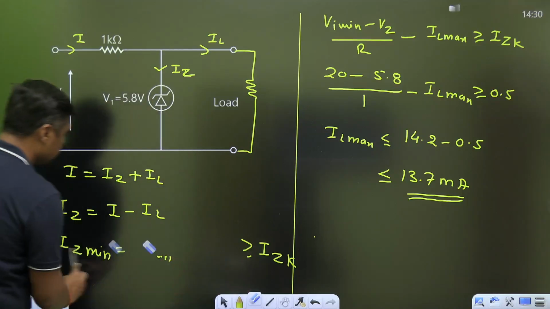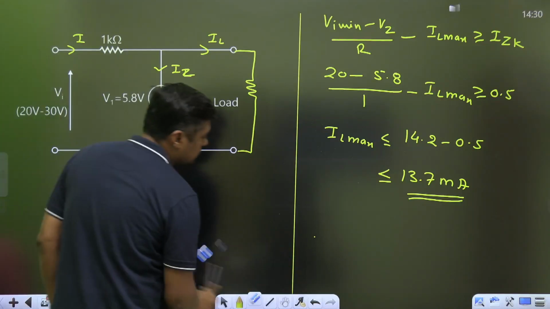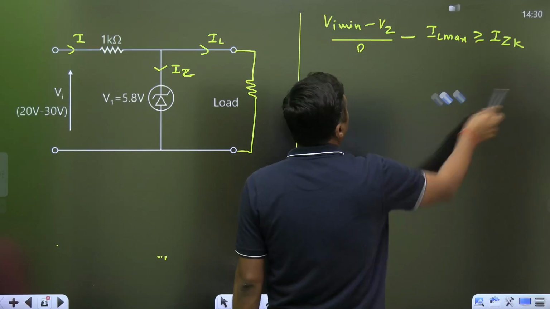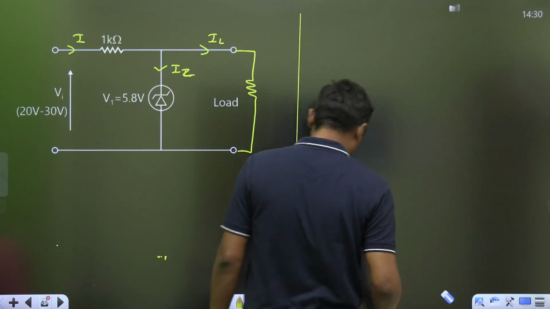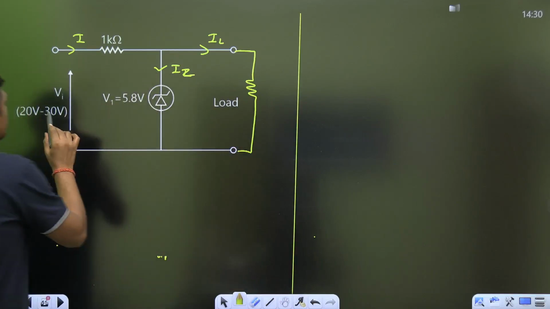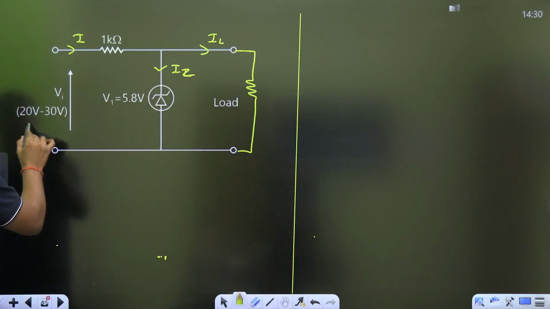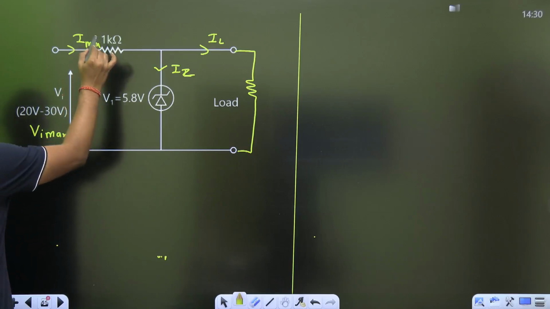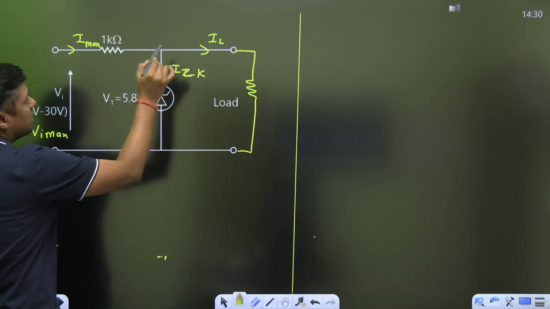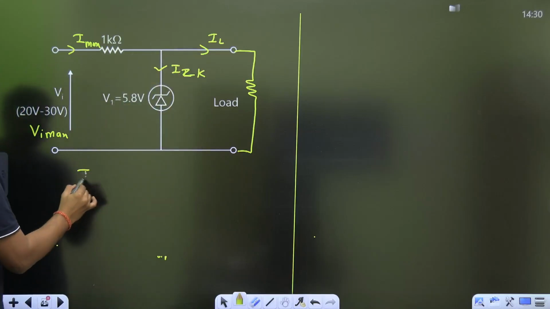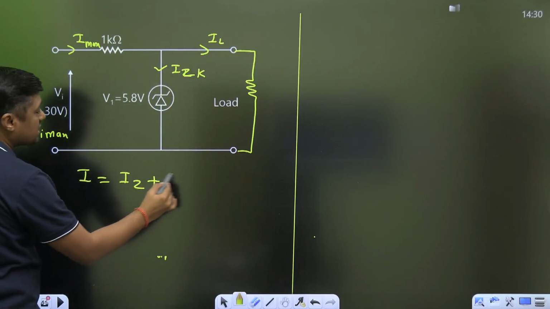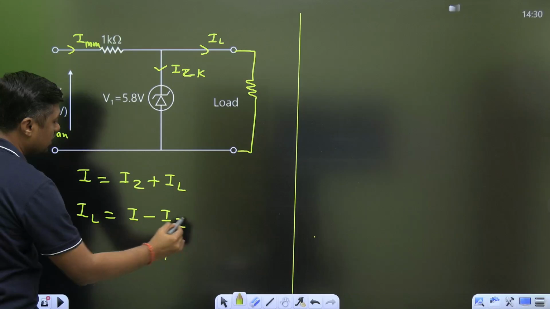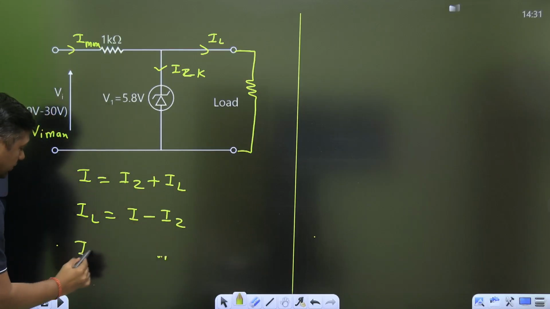They are doing this: just to find the maximum load current, they are taking the Vi maximum. So for maximum load current, you take Vi maximum, then it will become maximum, and at the same time the Zener diode will take minimum current. So they are using this formula: I is equal to Iz plus IL. Therefore, IL will become I minus Iz. And therefore, I maximum will become